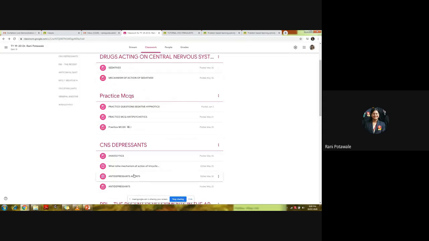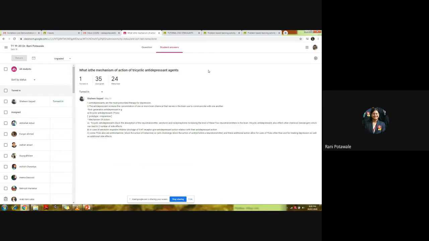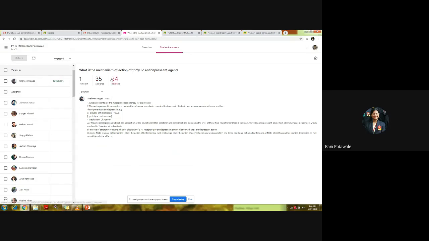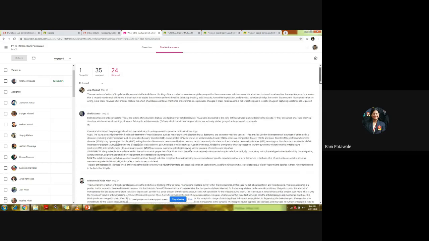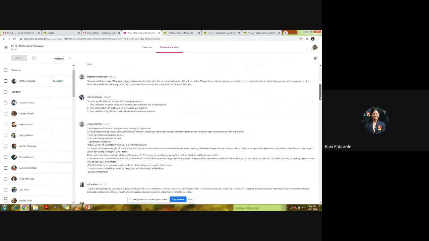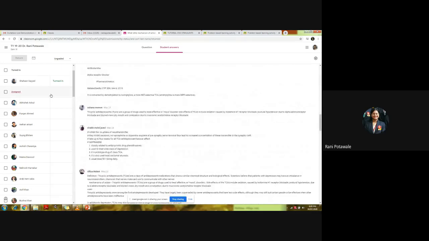Then again here we can ask short questions to the students. If we open that in a new window, we are able to see the answers to those questions. On the right hand side, we can see the answers given by the students. We can check that, and give suggestions and remarks to the students.